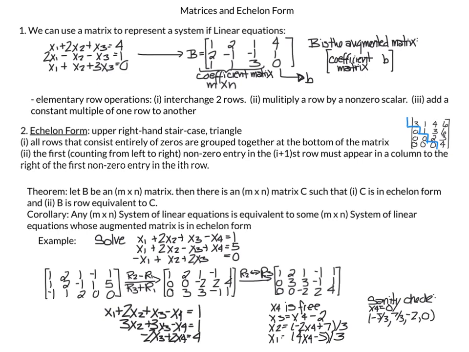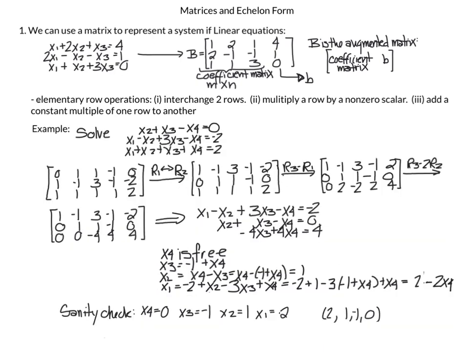This is the important thing, going through how to solve this, but we want to see how that fits in with these two theorems. I have one more example for you. If we want to solve this system of linear equations, x2 plus x3 minus x4 equals 0, x1 minus x2 plus 3x3 minus x4 equals minus 2, x1 plus x2 plus x3 plus x4 equals 2, we can represent this system with this matrix here. And then I'll let you verify the row operations. I switch R1 and R2, replace R3 with R3 minus R1, replace R3 with R3 minus 2R2, and I will get this